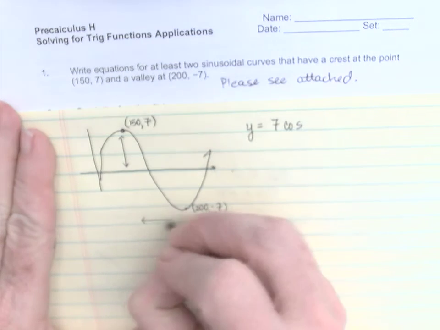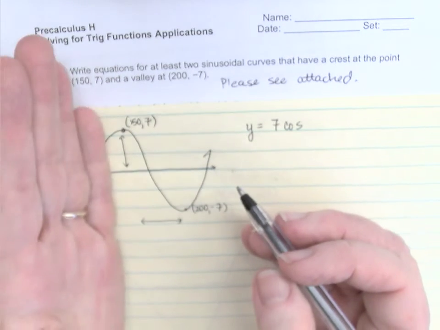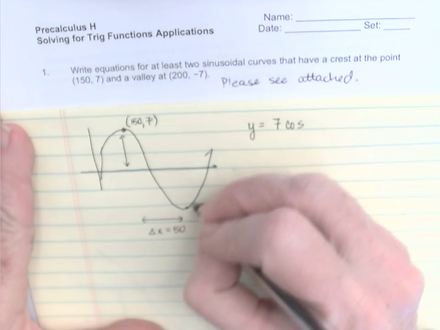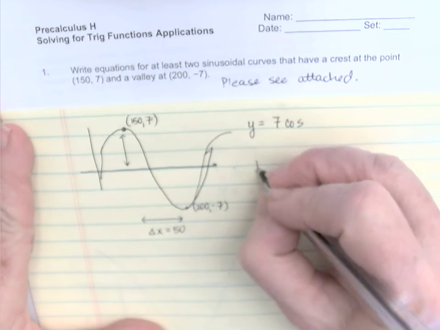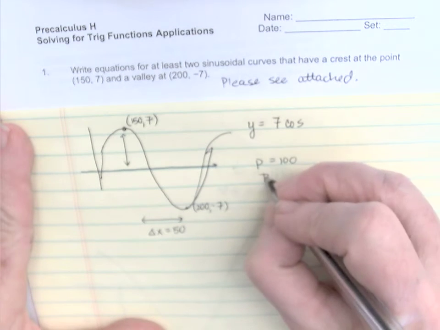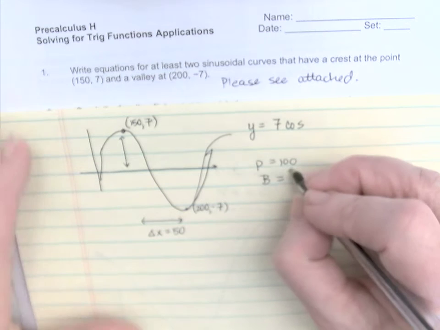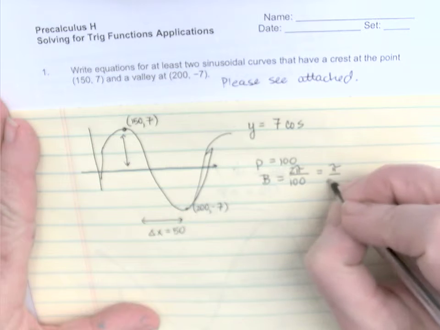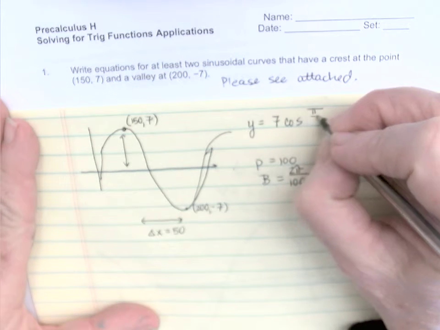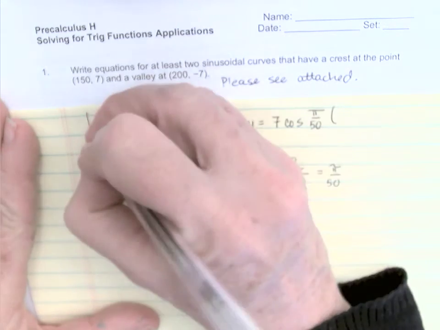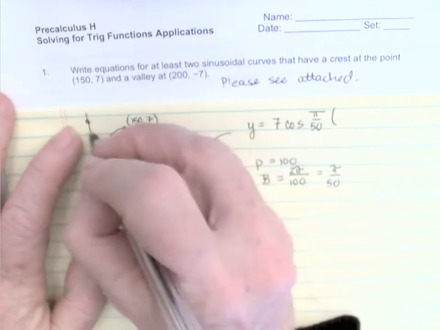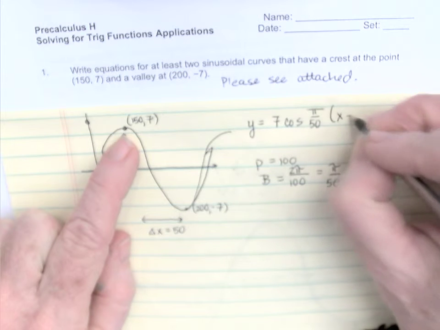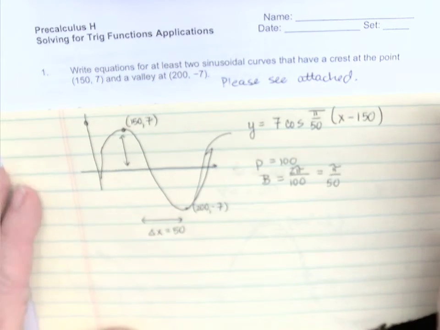Oh goodness. Well, the change in x going from the top to the bottom, change in x is 50 units, which means I need another 50 units to get up to the top. So the period is 100, which tells me b is going to be equal to, I feel like using radians today, so 2 pi over 100, which is pi over 50. And normally cosine starts on the x-axis, but it certainly looks as though I've shifted 150 units to the right. So I'm going to call this x minus 150,